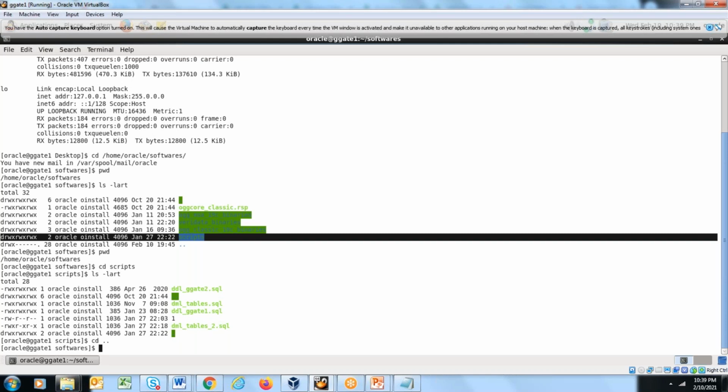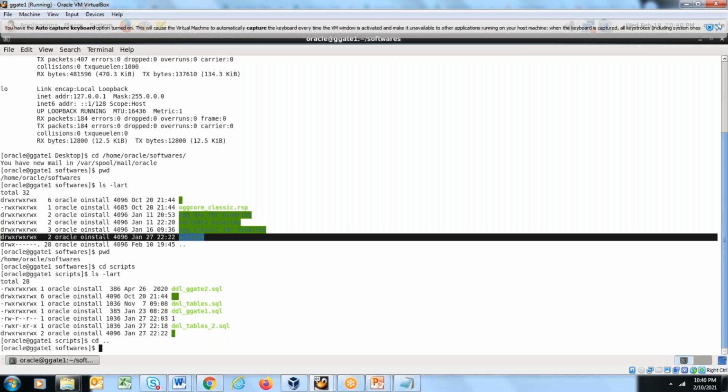On GGate1, you can create the database with the name OGGDB1. I have created multi-tenant databases on my machine, GGate1 and GGate2. For the training, I'll be using multi-tenant databases. If you don't have criteria for which database to choose, I would highly recommend you create a multi-tenant database. If you think you need a standalone database, then create a standalone database, non-multi-tenant.